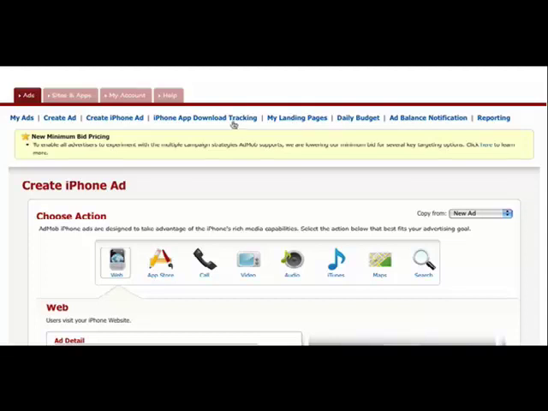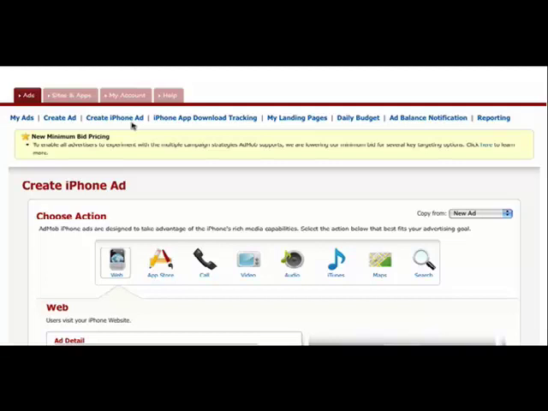There's a place out there called AdMob, and you simply go to admob.com. And AdMob is a very unique service where you can actually promote products through the iPhone. And you may be wondering, well, how many iPhones are there really out there where you can get a lot of exposure? Well, I'll tell you right now, I don't know how many iPhones are out there, but